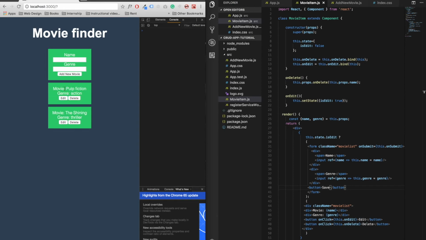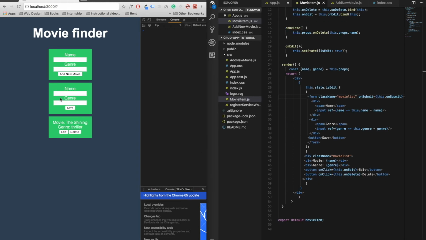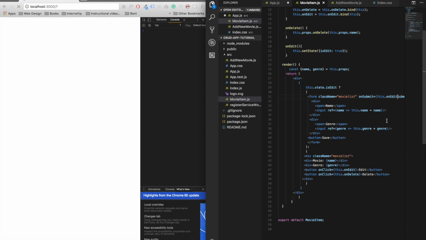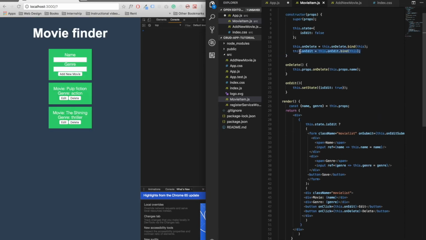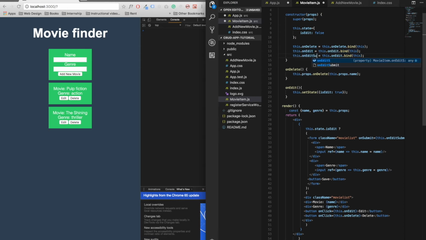And if we click save, it will show up on the page. The text field seems like it transforms to an input, and our save button will show up on the page. We have to add a different method here. We want to add an onEditSubmit method, and the first thing we want to do is to bind this method to the constructor. So onEditSubmit,